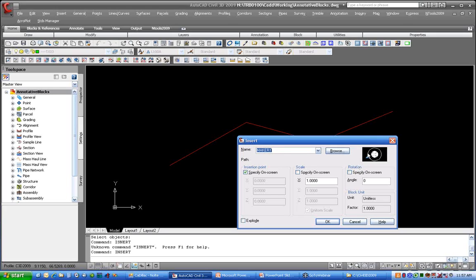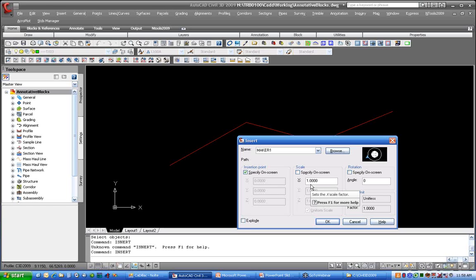AutoCAD over here on the image shows you a little scale icon that lets you know this is an annotative block. All right, so I'm going to specify the insertion point, and then for my block scale, since I'm using the annotation scale to control its size, I'm going to leave this at 1. If I want to make one that's twice as big, I'd go to 2, but I don't want to put in 10 scale or 20 scale. All right, and before I pick OK, I can see I've got a slight problem here